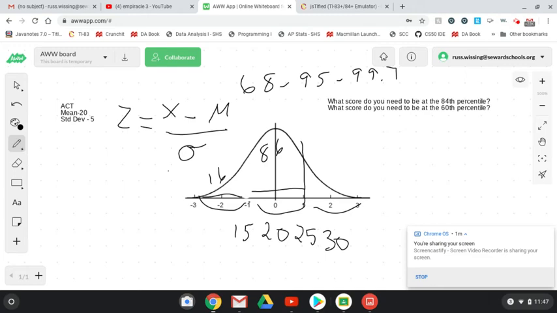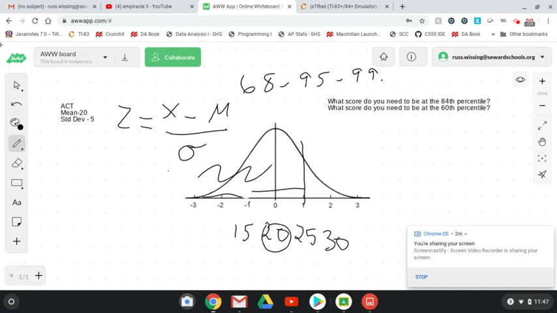What score do we need to be at the 60th percentile? So I'm going to erase a few of those things that I just drew in there. Okay, so to be at the 60th percentile, I know if I scored a 20, I'm right at the mean, so I'm 0 standard deviations. That means I scored better than 50% of the people. And we just said if I scored a 25, I'd be at the 84th percentile. So it's going to be somewhere between 0 and 1 standard deviations, so somewhere between 20 and 25, but I'm